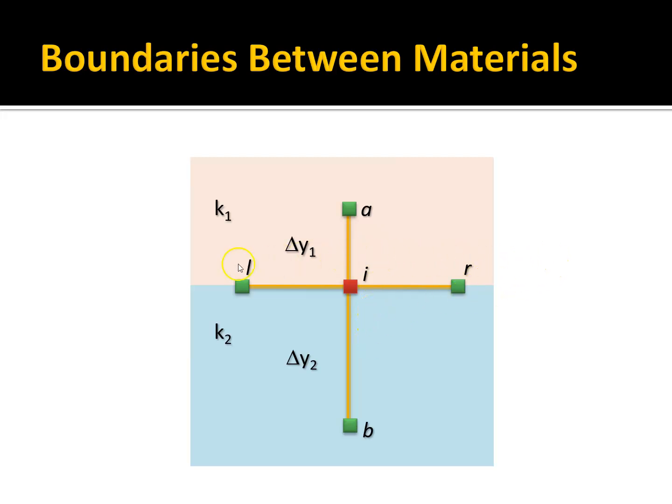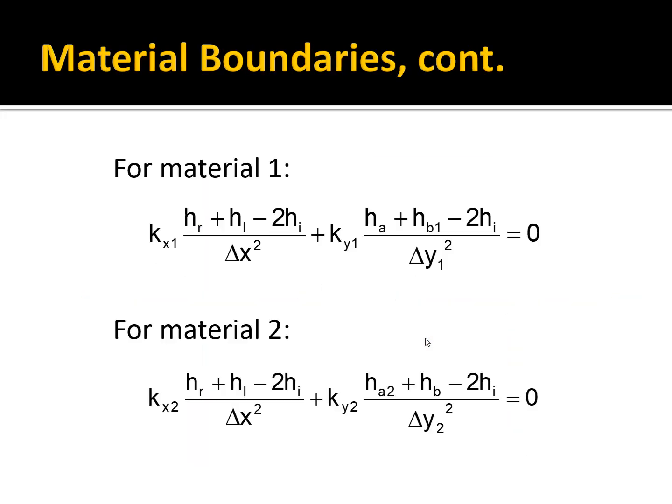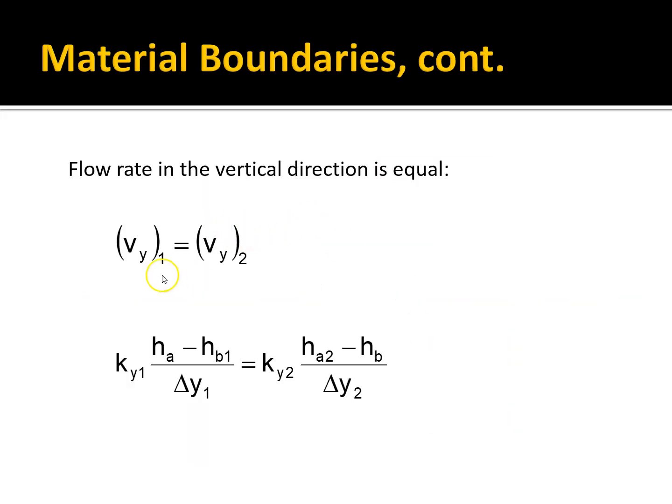Now, if you're going in the horizontal direction, the flow will partition between material 1 and material 2 based on the hydraulic conductivity and the geometry. But in the vertical direction, you have to have the same flow rate. So if we say Vy1 is equal to Vy2, and then we use the Darcy's law representation of the Darcy velocity, and so that would be